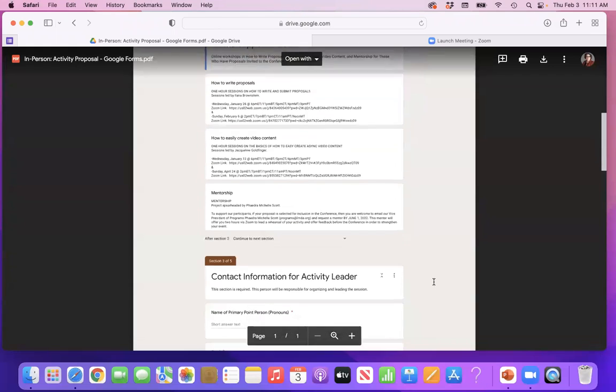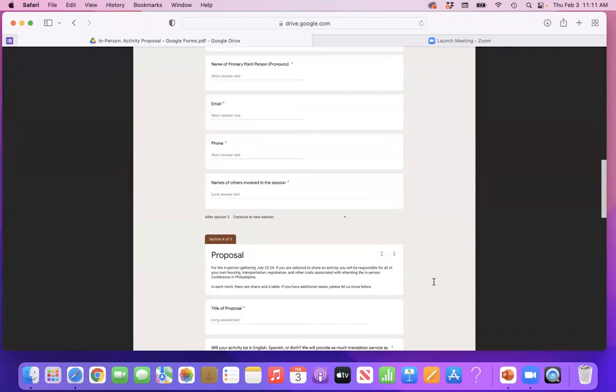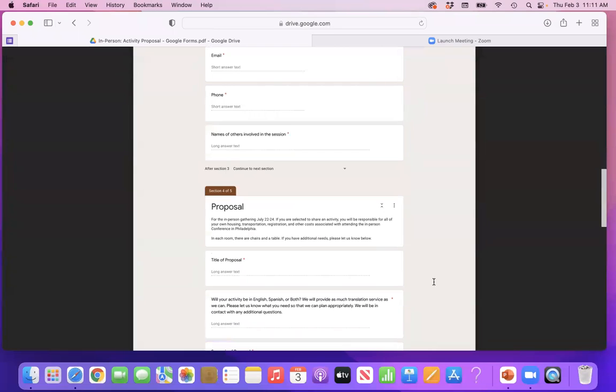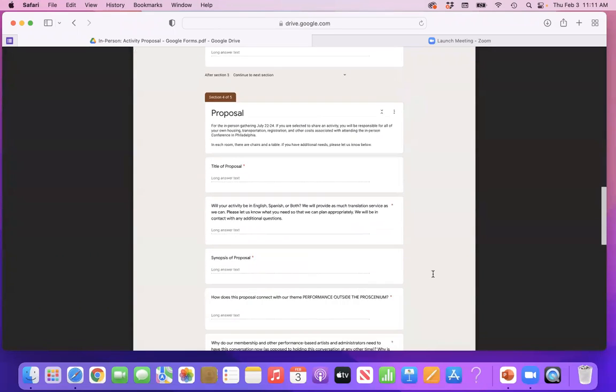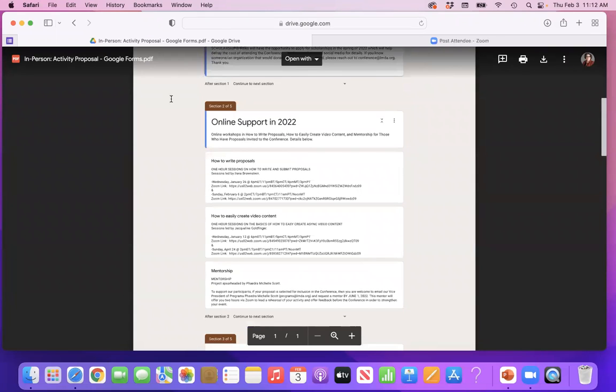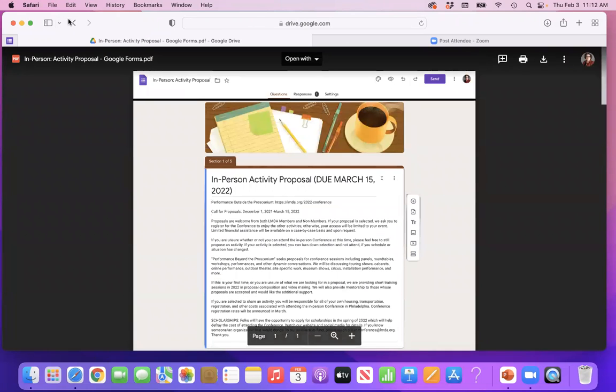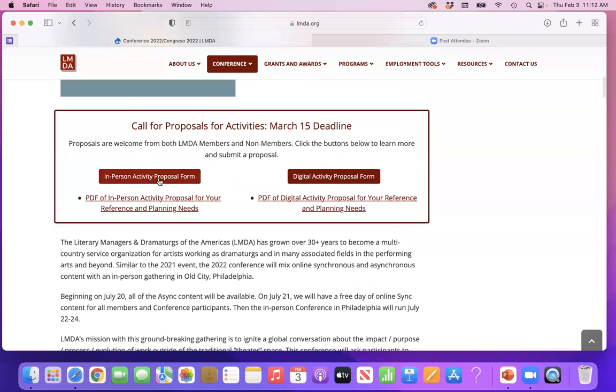This is a PDF of the proposal form. So you and anyone you're planning on submitting a proposal with can look at all the questions and do some planning. And then when you are ready, you can come back and click the proposal form buttons and fill out the Google